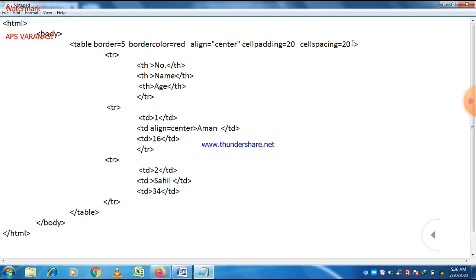Okay, now apply another attribute, height attribute. Height attribute basically increases the height of a table, and the value can be given in terms of percentage and in terms of pixels. So first of all let us take the value in terms of percentage, 70%, and then we can easily see that, let's save the web page.